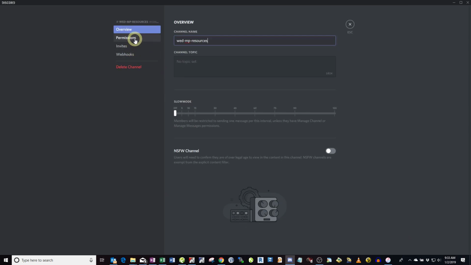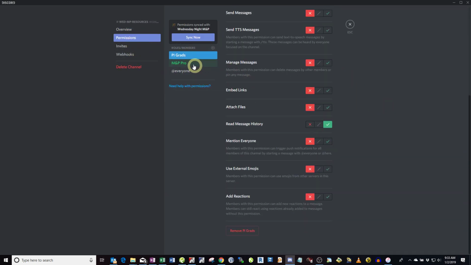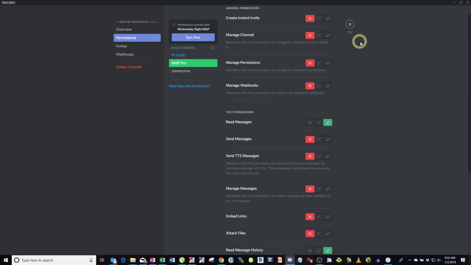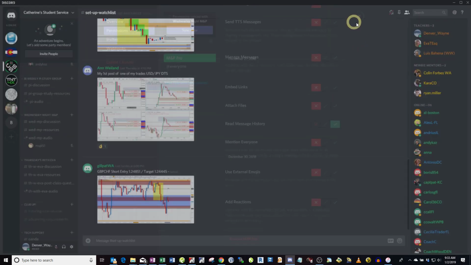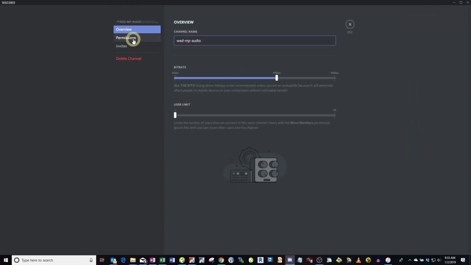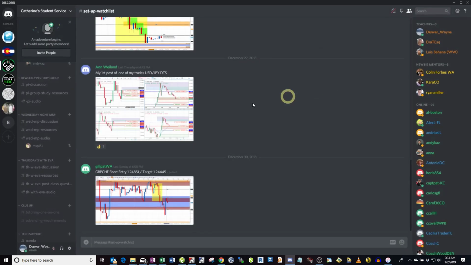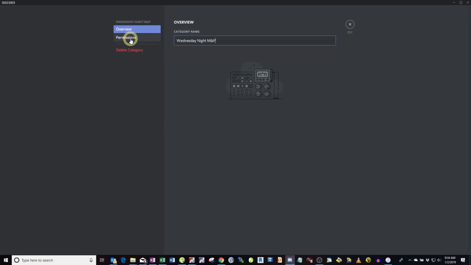In the resources, you see for Pi grads and M&P, we don't give them the right to clutter things up with emojis and whatnot. And here, everyone has the default permissions to get on the audio. That's how it works. If you decide to change this, go to the heading, edit category, and you decide,